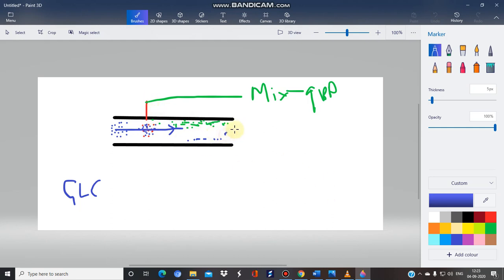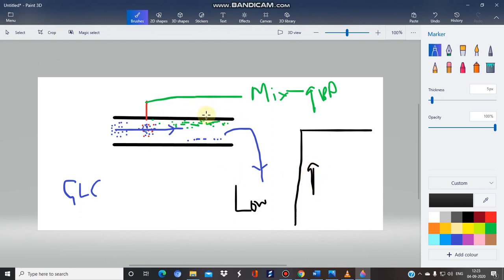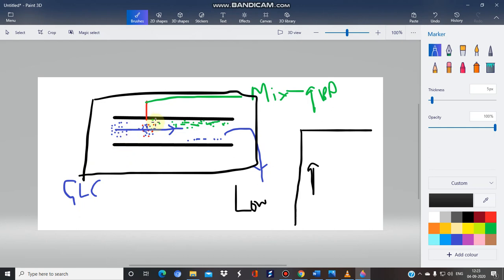So now tell me, which type of compound will elute first? Which type of compound will elute first? It has a simple explanation. The compounds which have low boiling point will elute first, because of the nature of the stationary phase, which has a high boiling point. That is the main reason. We have to increase the temperature of the oven. That is known as the temperature programming of the oven. When we increase the temperature of the oven, only then the compounds which have high boiling point will elute out.